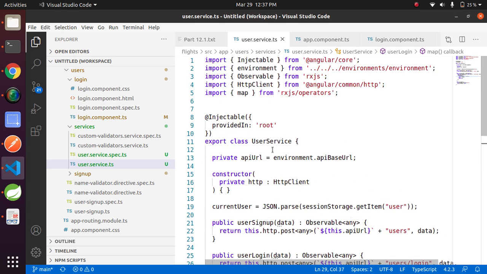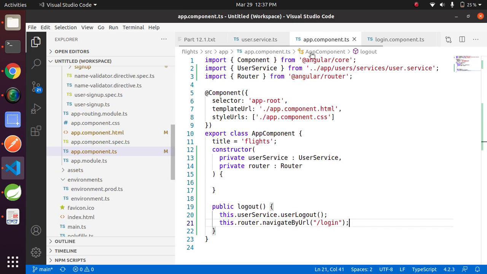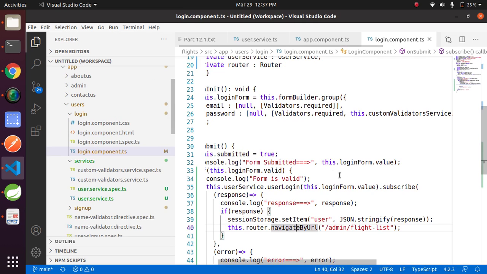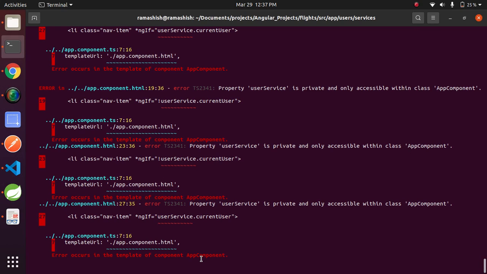Now everything looking fine. Just go to your terminal. Looking some error, let's have a look. Showing property user service is not accessible within the app component.